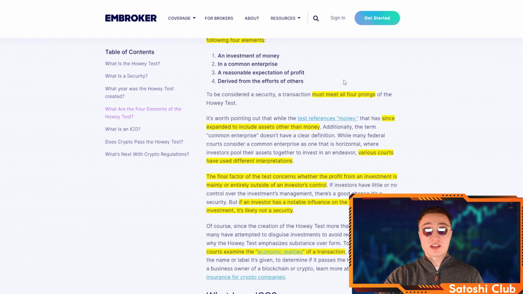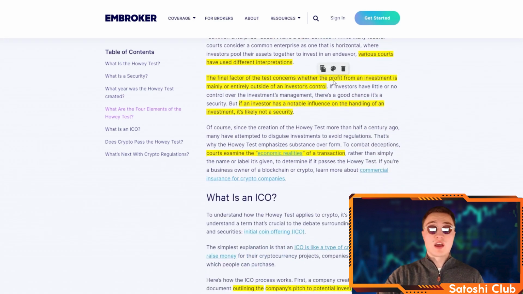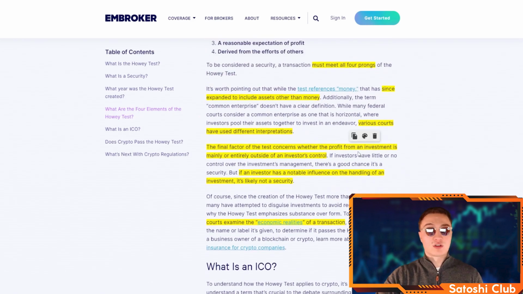Also, the common enterprise term doesn't really have a clear definition, right? None of this is really too clear, and that's why various courts have used different interpretations of the Howey Test. But the final factor of the test concerns whether the profit from an investment is mainly or entirely outside of an